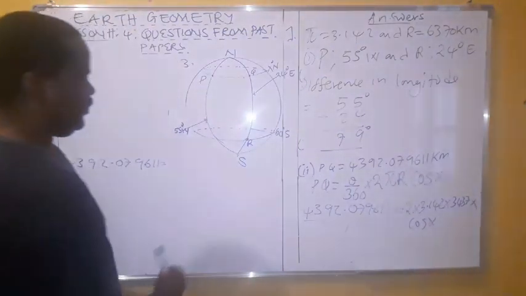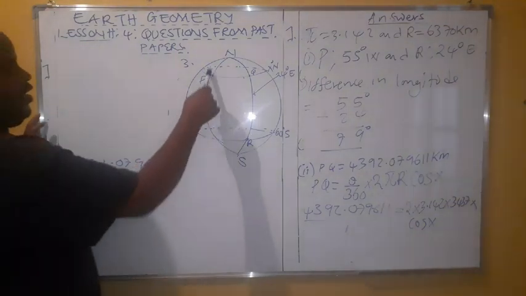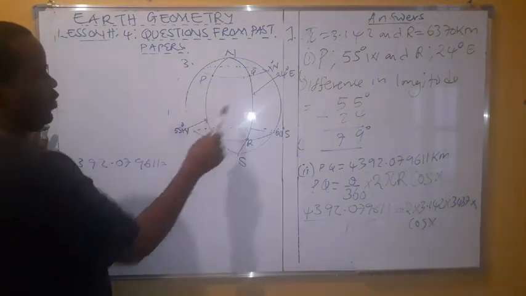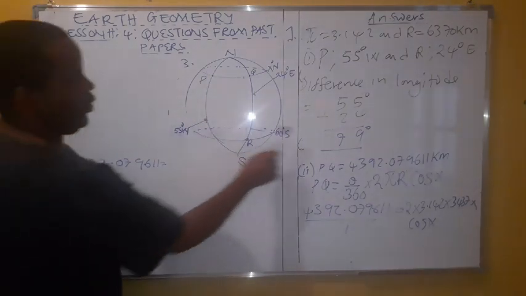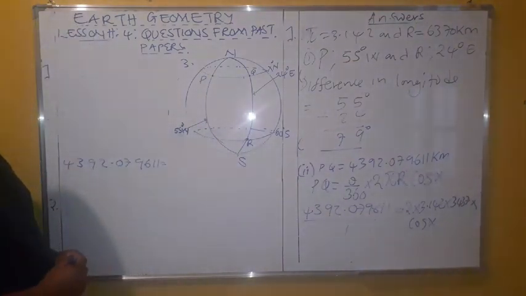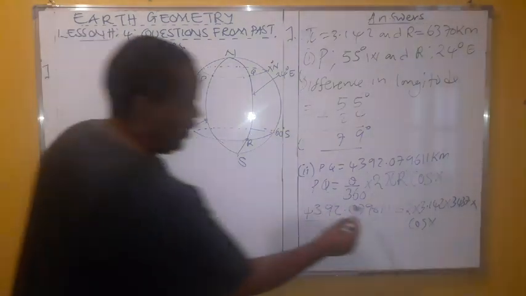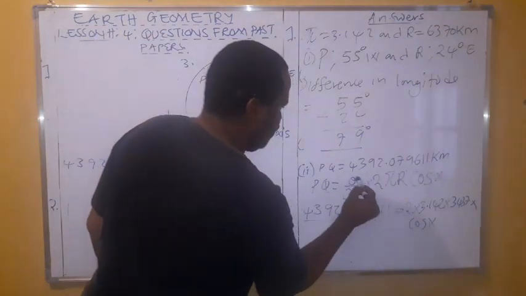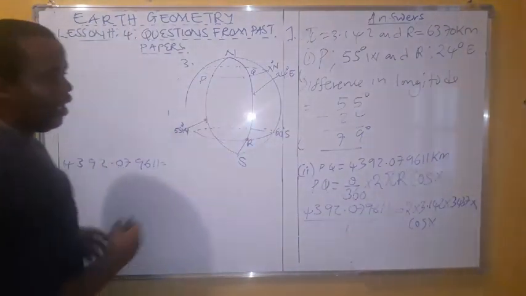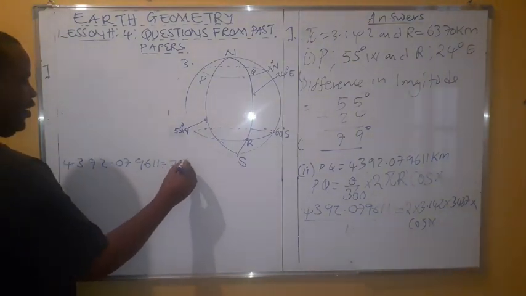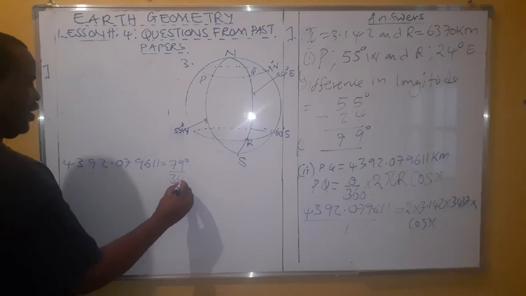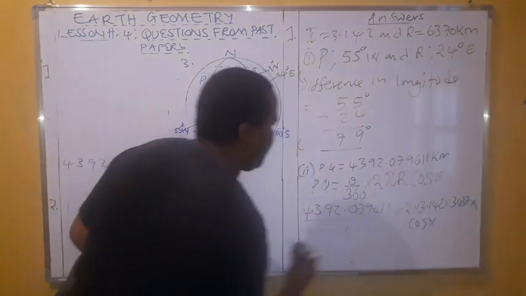The theta is the difference in the longitude between P and Q, and the difference in longitude we got is 79. We have left out this part. So take note, the theta is the difference in the longitude. So we have 79 degrees over 360 times